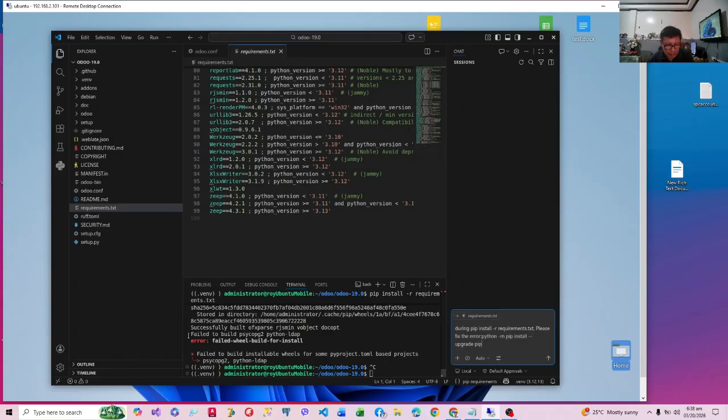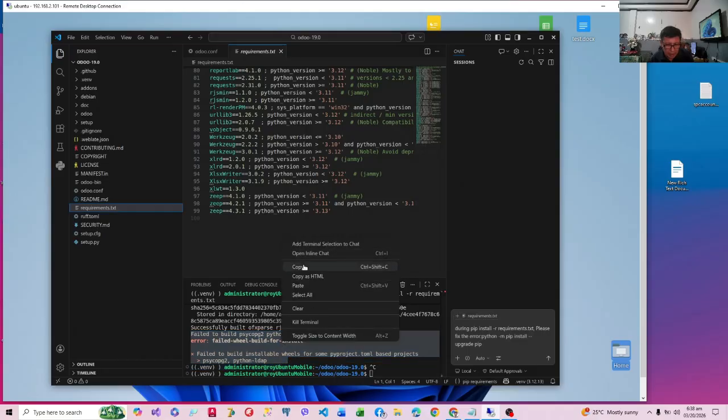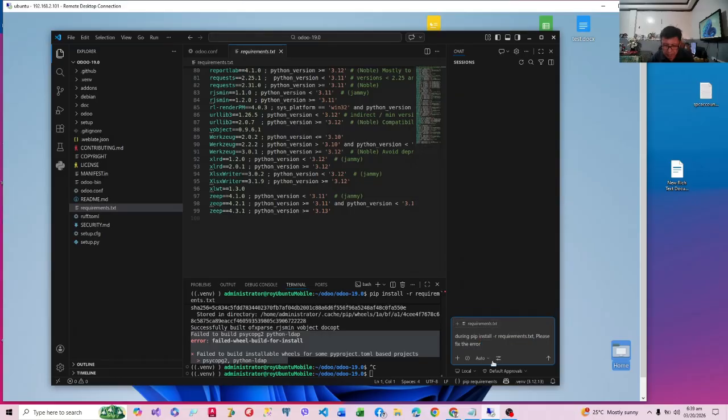We failed to copy, so let's right click and then copy. Okay, and then there it is, and we click the send button. There's a send button, or you can press enter.